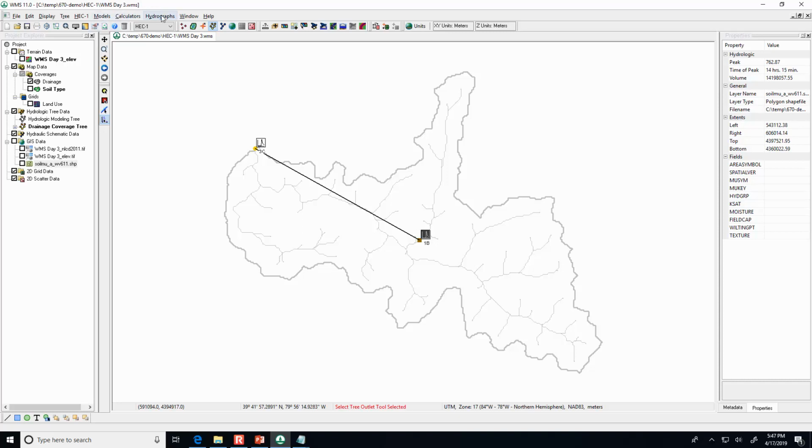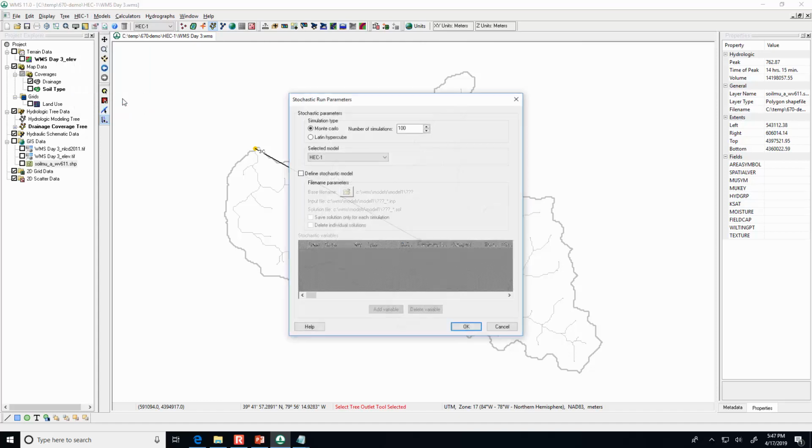So let's delete the previous hydrograph. And here under HEC-1, there's this option, Stochastic Modeling. Stochastic just means with a variation in statistics, or looking at a range of possibilities, like a probabilistic range of possibilities.